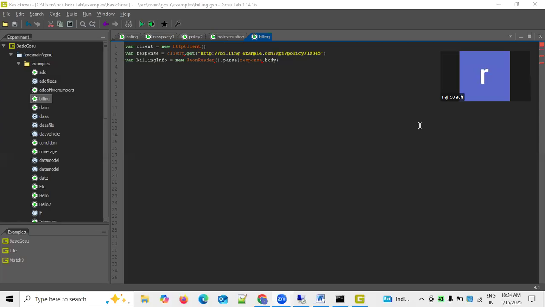Right. So today I'm going to discuss getting a request to the billing API, especially when you are working on the Guidewire PolicyCenter, wherein I'm going to explain the kind of code which I have mentioned here, especially to get